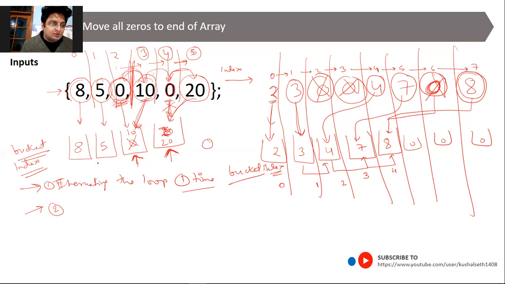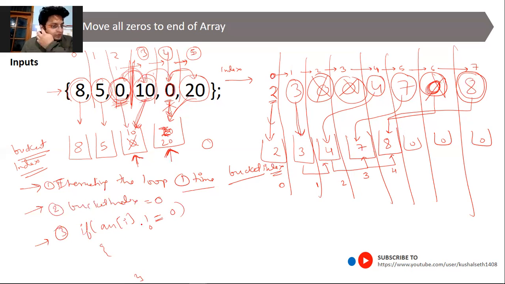Then we have one more thing, bucket index. Since our loop will start with 0, our bucket index would also start with 0. The third logic would be, if my array of I is not equal to 0, then what do you do?